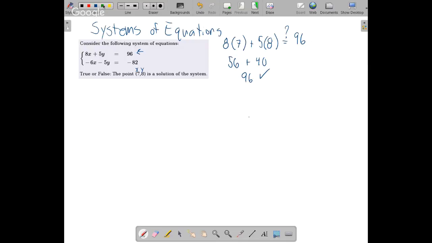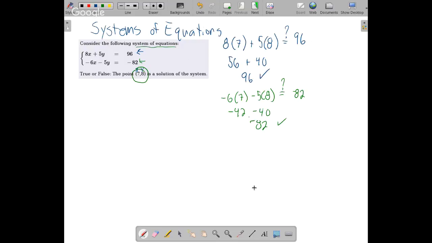So now we'll check the second equation, so this one here. So that gives negative 6 times 7 minus 5 times 8 is supposed to equal, we'll find out, negative 82. So let's see, 6 times 7, that would be negative 42 minus 40, negative, subtract a number, so it's negative plus a negative is, yep, negative 82, check. So this right here, (7, 8), is a solution to both equations, so it's a solution to the whole system